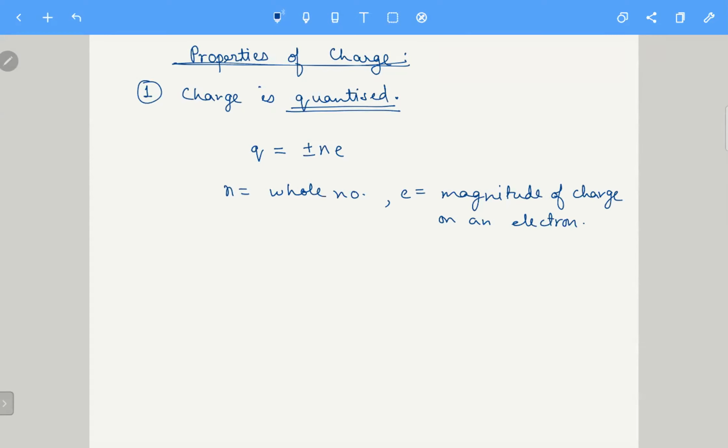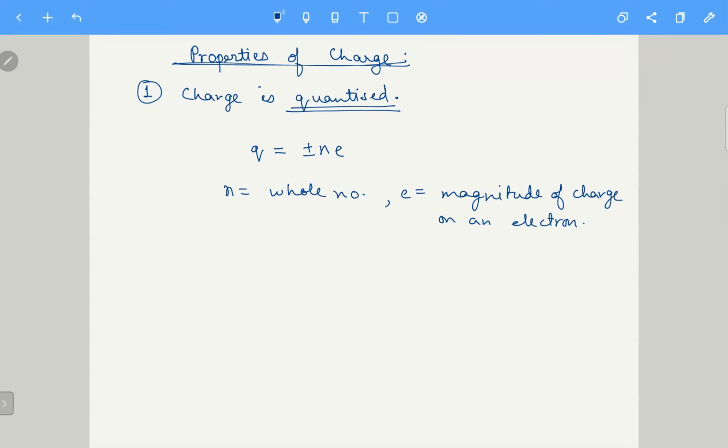So charge on any object is due to excess of electrons or deficiency of electrons. अभी तक थोड़ा बहुत cations और anions का idea तो तुम लोगों को लग गया होगा. Sodium metal forms cations. Cation मतलब it forms positively charged ions. How does it form a positively charged ion? By losing an electron. सोडियम के पास 11 protons 11 electrons होते हैं. एक इलेक्ट्रॉन कम हो जाएगा तो it will have 11 protons and 10 electrons. Effectively, net charge will be equivalent to plus 1e. When we say that charge on sodium ion is plus 1, it is plus 1e.